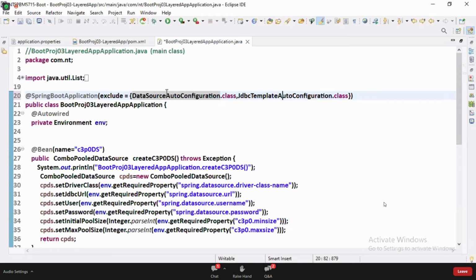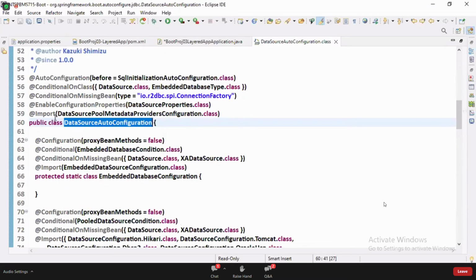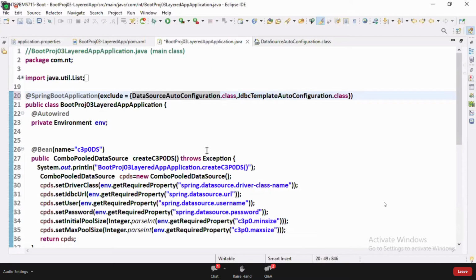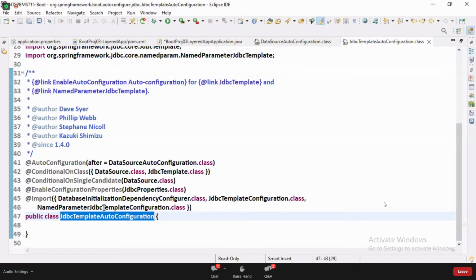We can mention configuration classes there, guys. In DataSourceAutoConfiguration only, there are entries to configure Hikari, Tomcat CP, DBCP, Oracle UCP, and this kind of data sources as Spring Beans. In JdbcTemplateAutoConfiguration only,